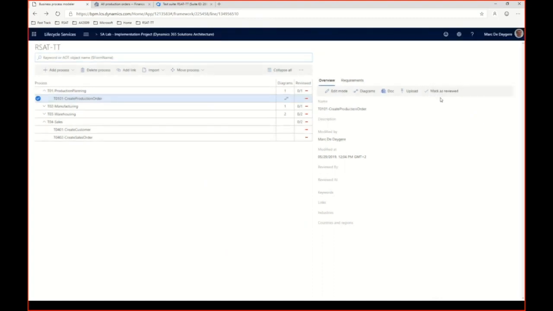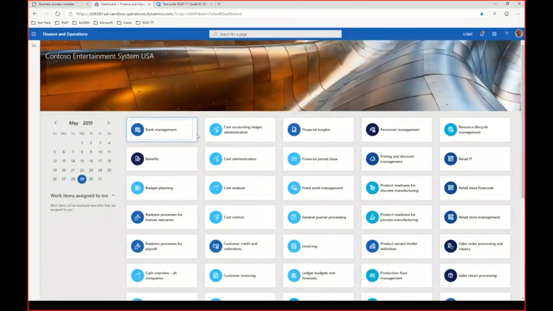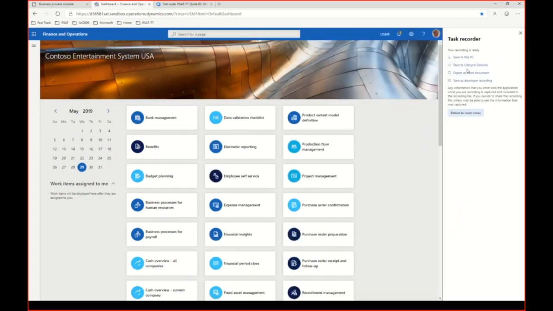Okay, so the next step that I need to do is my second recording. Of course, I need to make sure, important one, that my second recording is always starting from a fixed point. So I must make sure that I'm always going to my begin screen, because in the replay, I cannot assume that my system is in a specific state. So I need always to start from a well-known system state, and that's the one that you have just after login. So I'm going to start my second recording,